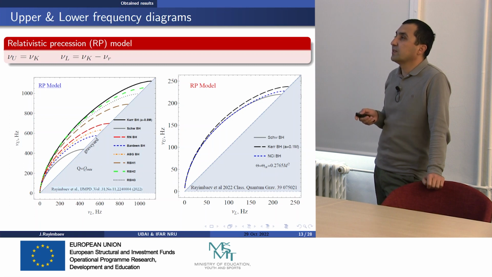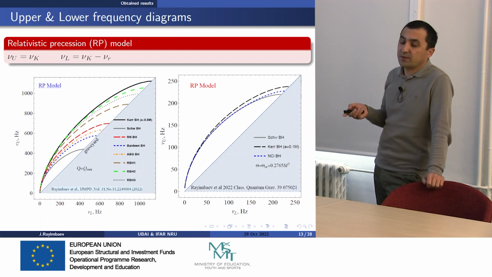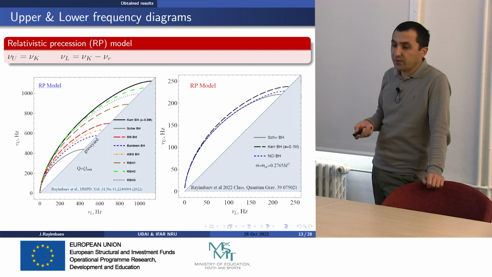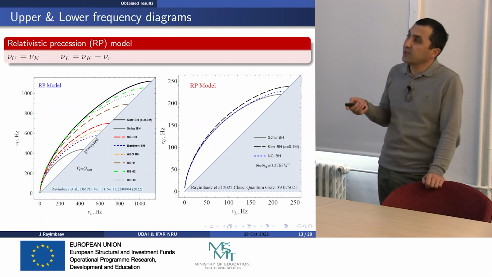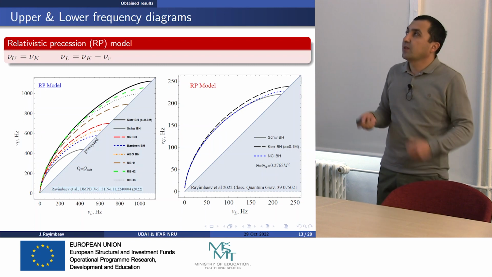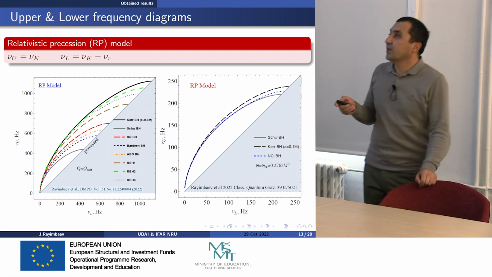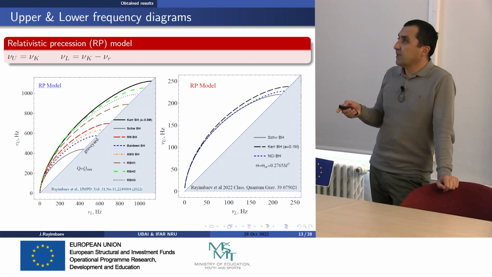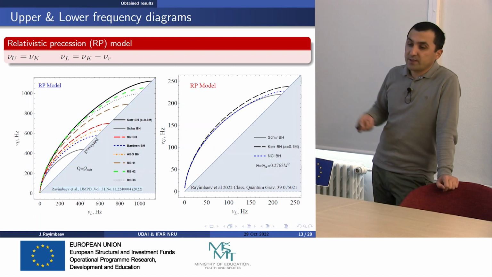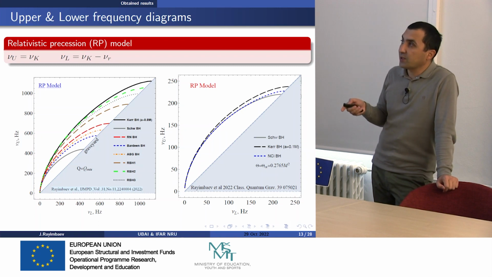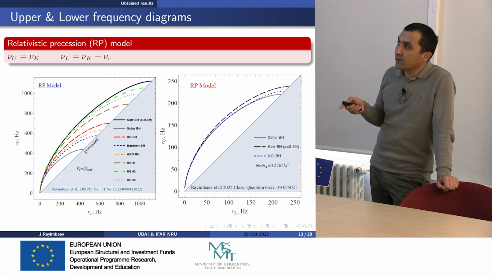This curve shows all possible values of twin peak quasi-periodic oscillations which can take place, and if we consider quasi-periodic oscillations in observation take place, for example, at this point,